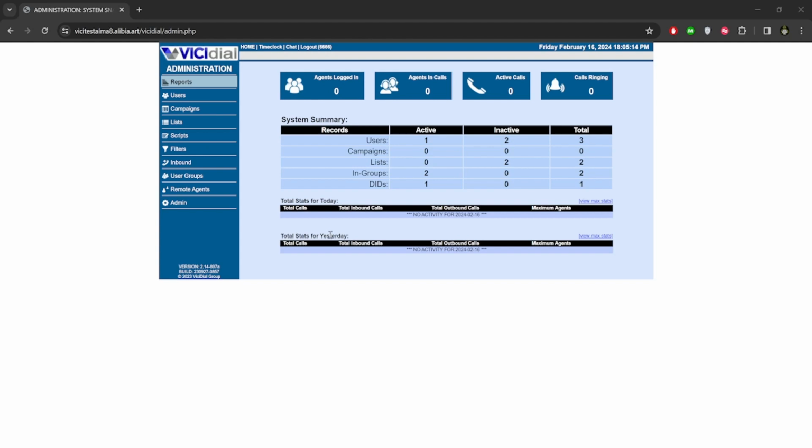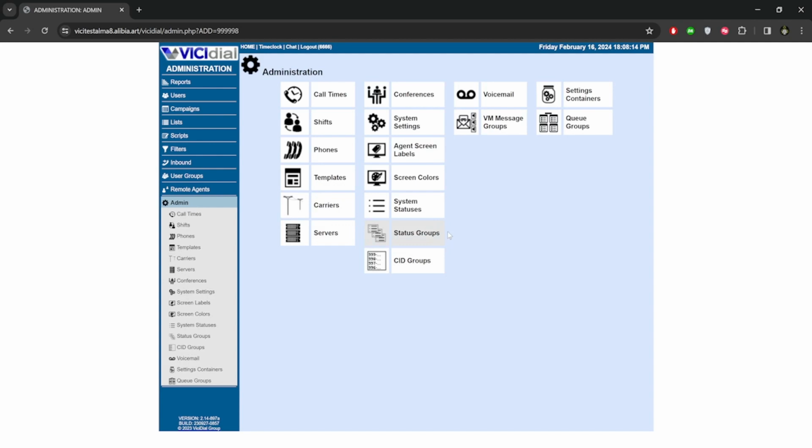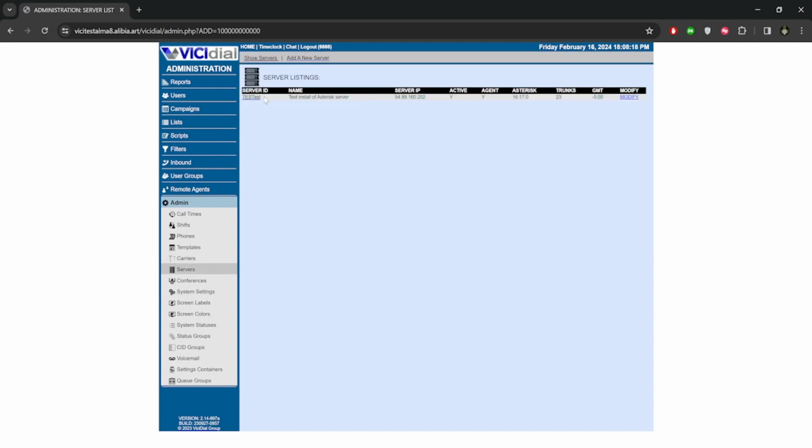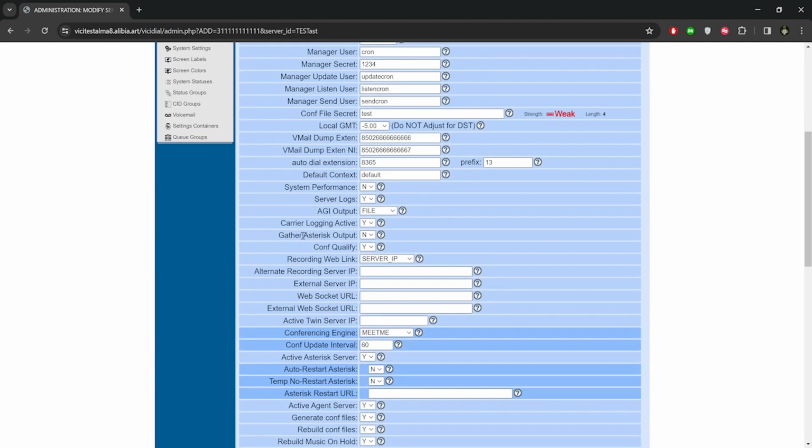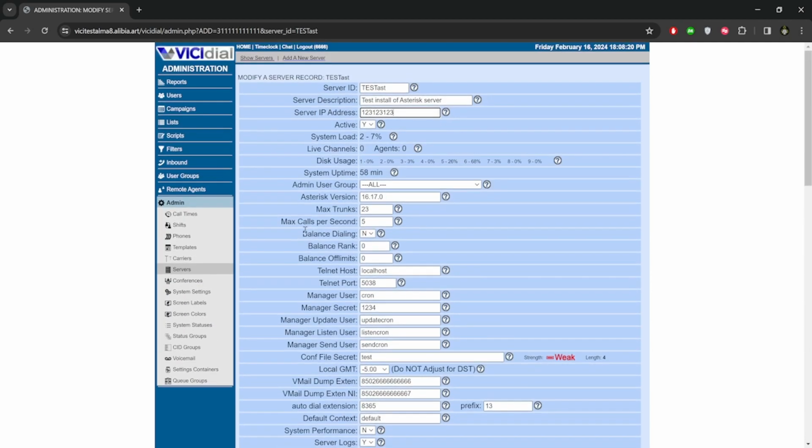So first things first, we are logged into the Vicidial admin interface. We go into the admin screen and we go to the servers and we go here. And this is the server IP address. So we can type in anything that we want if we want to change it here. Okay, and that's it. And if we go to the carriers, if we go to the system settings,